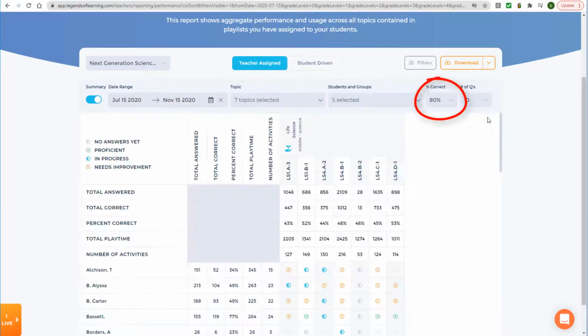The percent correct filter can be changed from the default 80% for proficiency, and I can also change the default minimum number of questions for assessing proficiency. If these values are changed, some of the student icons may update as well. For example, if I lower the percent correct, a student that previously had a warning icon may now have a